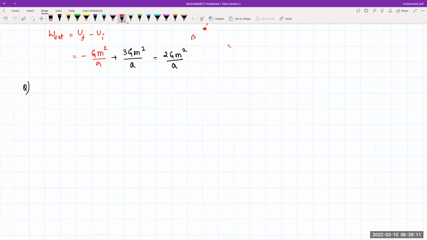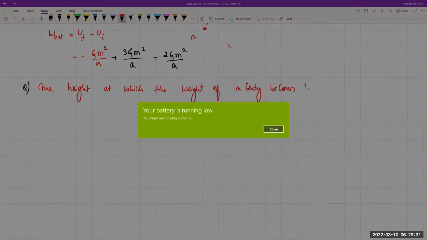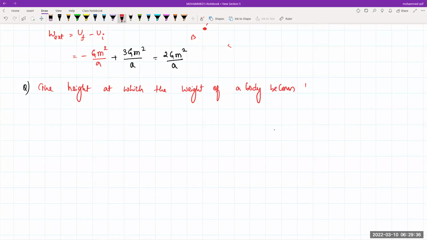Next question. The height at which the weight of a body becomes... एक मिनट,